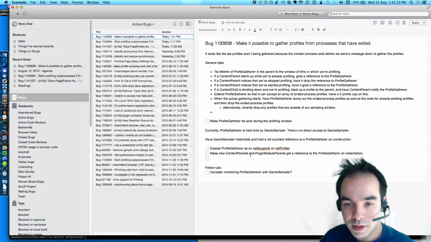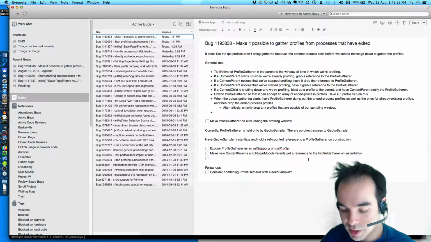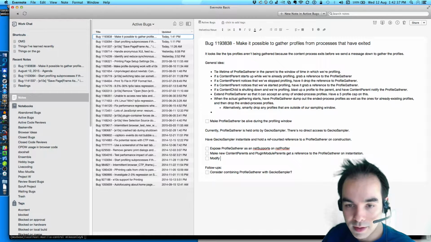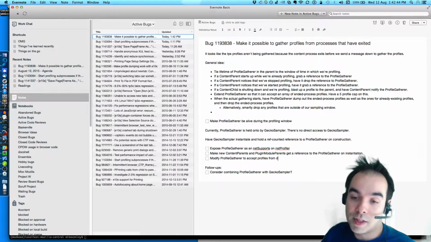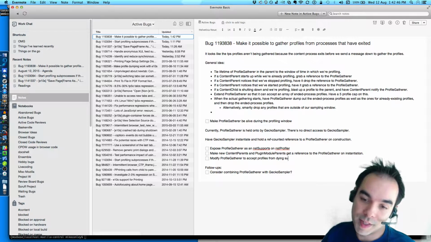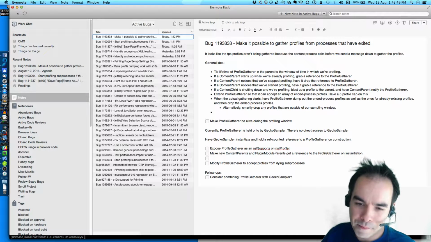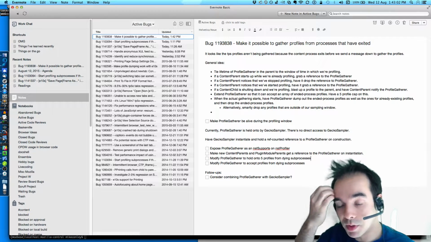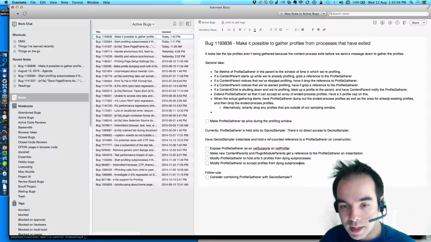Right, so we want to make new content parents so you get a reference to the profile gatherer on instantiation. Then we want to modify the profile gatherer to accept profiles from dying sub-processes. Now, modify the profile gatherer to hold onto 5 profiles from dying sub-processes. 5 is just some magic number that Benoit and I chose.